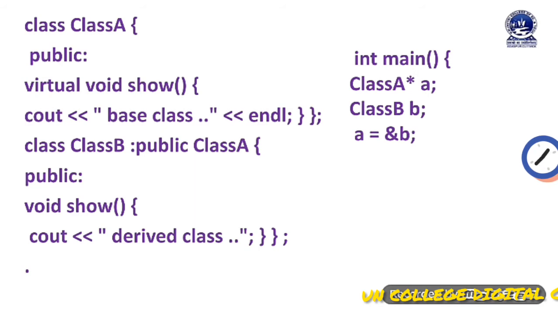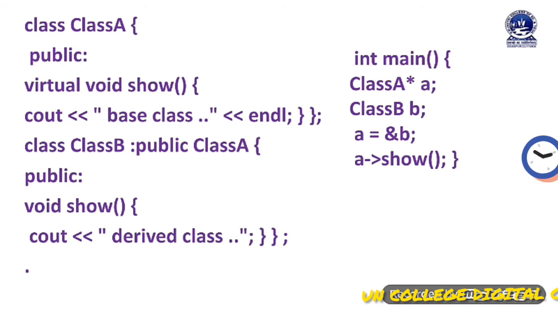What is the meaning of this? One base class pointer can refer to the derived class object, but a derived class pointer cannot refer to the base class object. Then the arrow mark: here you can see that I have used the operator which is used to refer to a particular member method or data member of the class object. Then by using the pointer I have just called the show method.